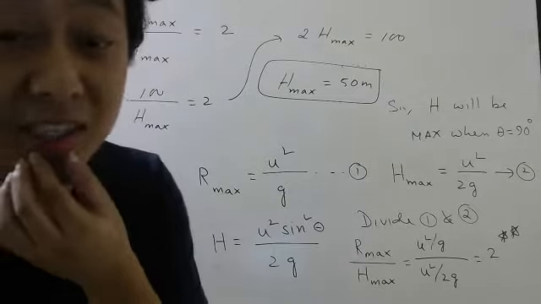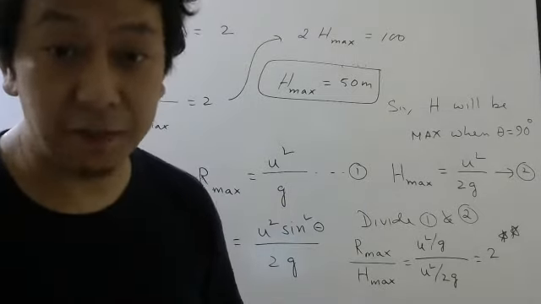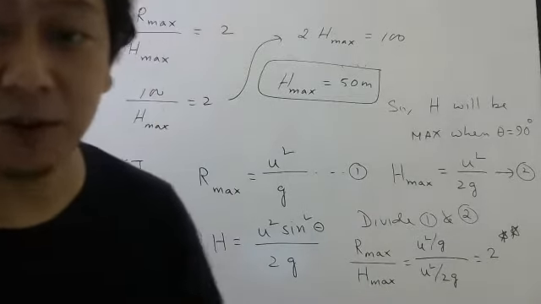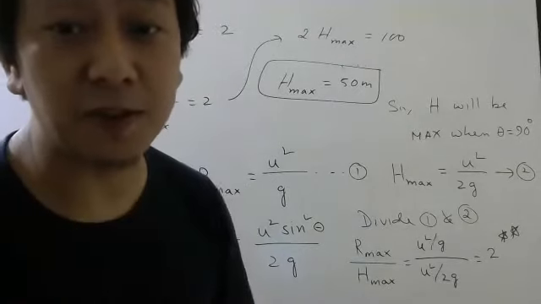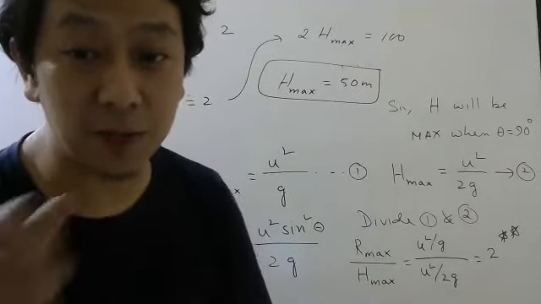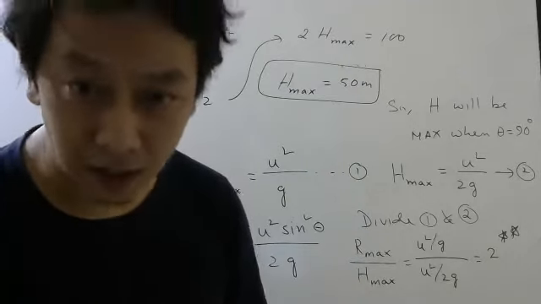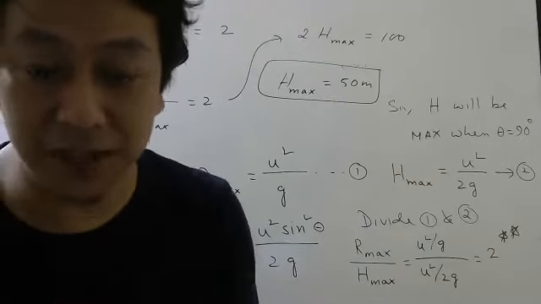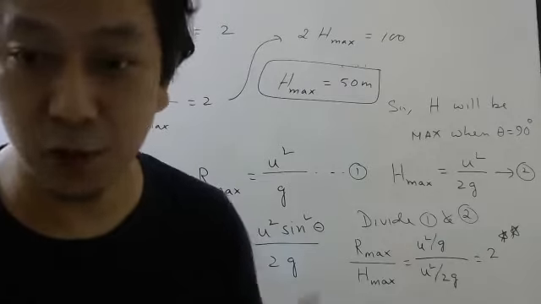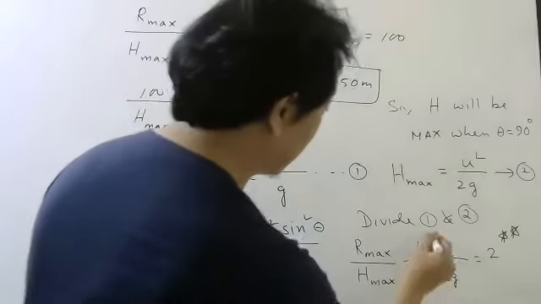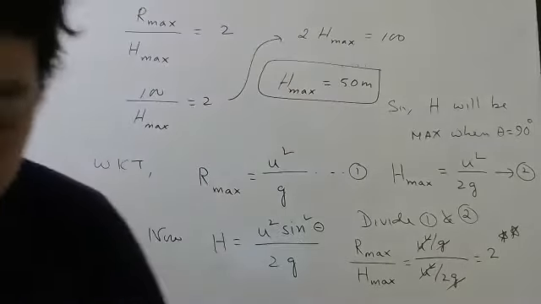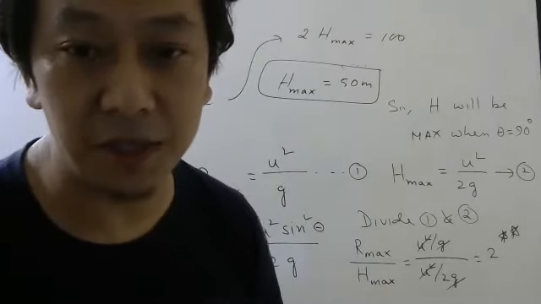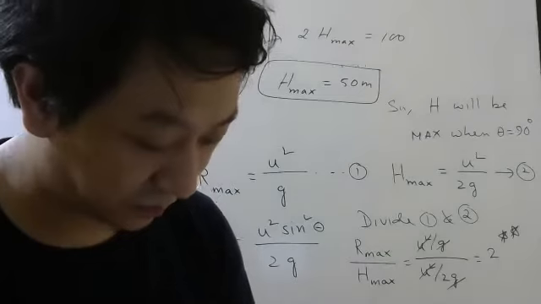U is same. Why is U same? Because the same person is throwing. If the same person is throwing, the speed with which he can throw will be the same. The initial speed depends on the strength of the person, agree or not? So as long as the person is same, the initial speed U will be same, so after dividing you can cancel this. Obviously, I am not saying that if Stalin can throw up to 100 meter, Sujal can throw up to 50 meter vertically. It has to be the same person.